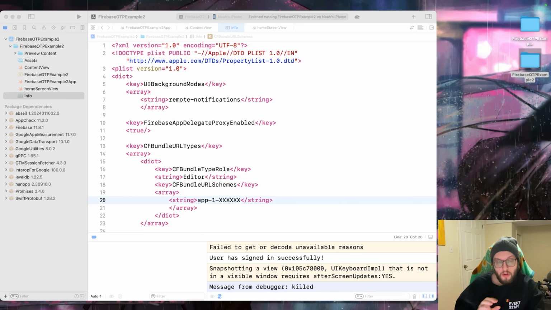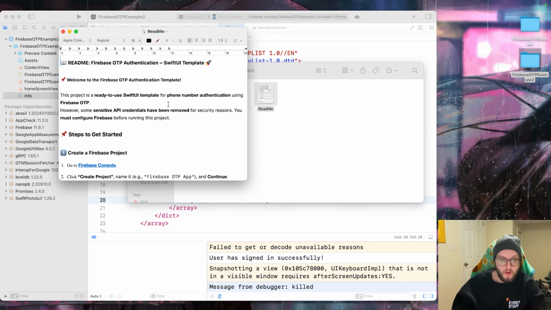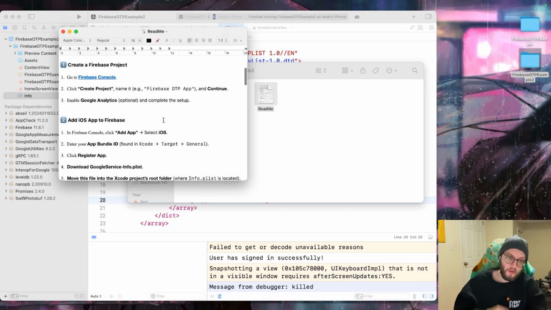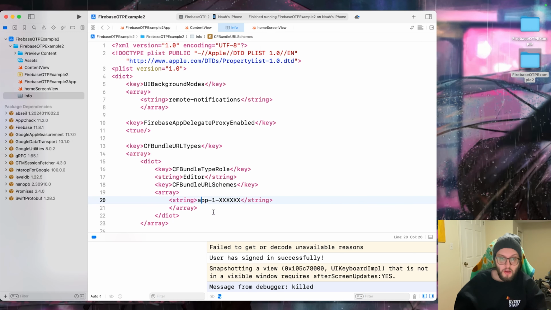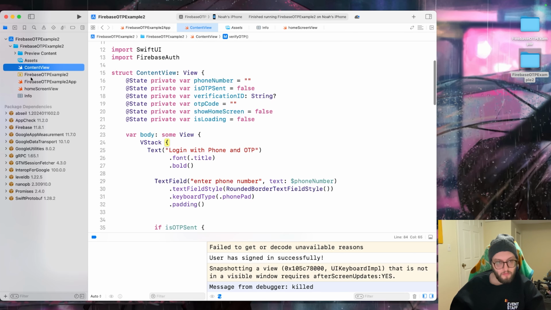All right, future Noah here. If you are downloading this project off of GitHub, I have included a README file that goes through some of the steps on how you can fix this project. Because you should not share things like your app ID, I have removed them from the Info.plist, and I've also removed my Google Services plist. So you'll need to add your own in once you've created your project on Firebase, and you'll also need to update the normal Info.plist and where this app one is with your correct ID. Once you've done that, your app should run on your phone, no